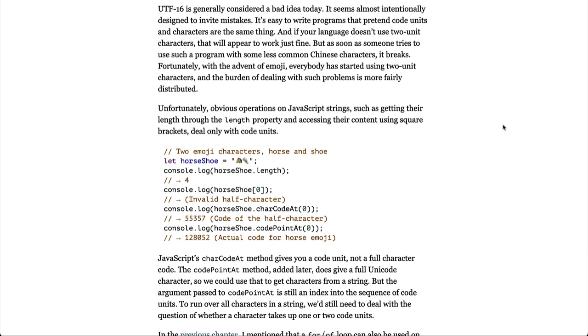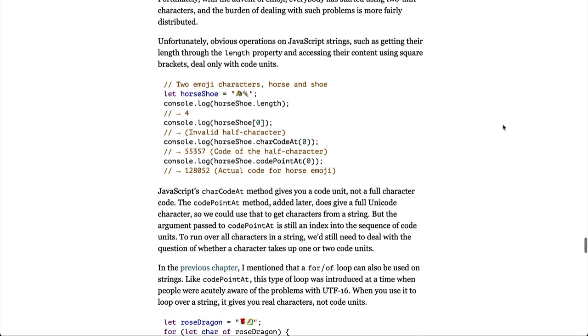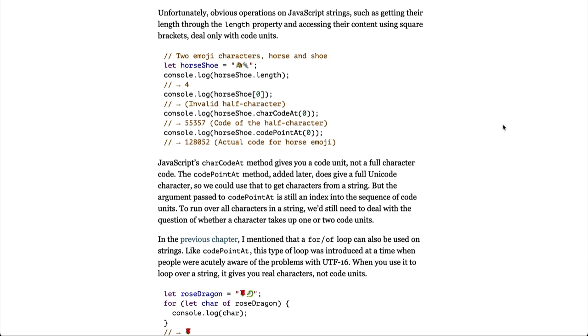It seems almost intentionally designed to invite mistakes. It's easy to write programs that pretend code units and characters are the same thing, and if your language doesn't use two-unit characters, that will appear to work just fine, but as soon as someone tries to use such a program with less common Chinese characters, it breaks. Fortunately, with the advent of emoji, everyone has started using two-unit characters, and the burden of dealing with such problems is more fairly distributed. Unfortunately, obvious operations on JavaScript strings, such as getting their length through the length property and